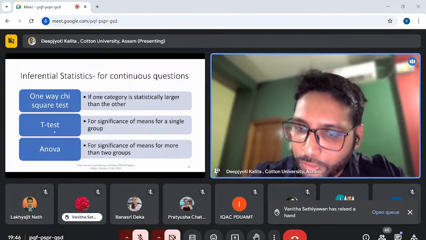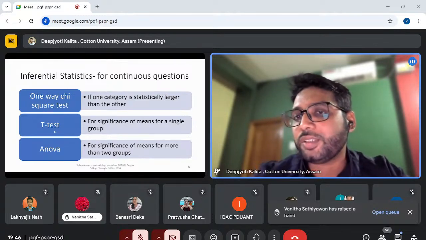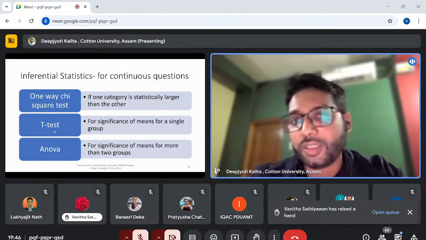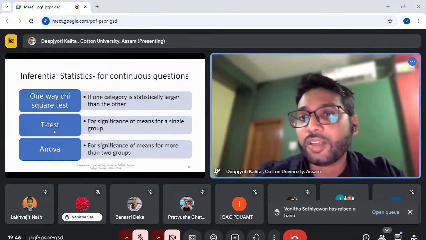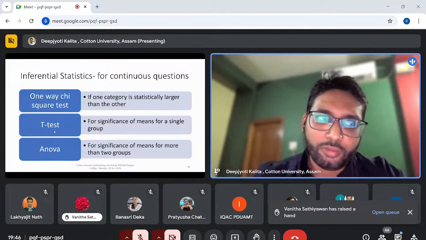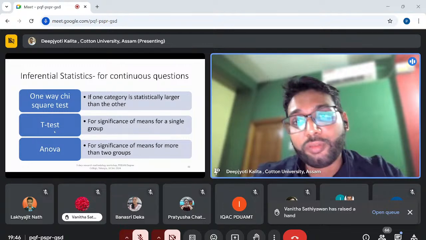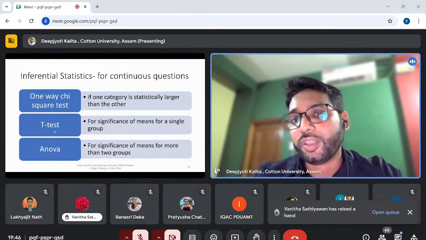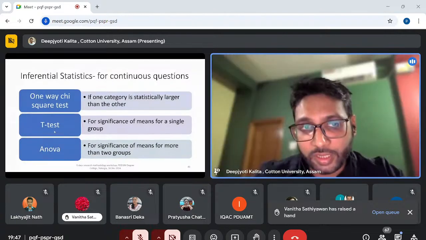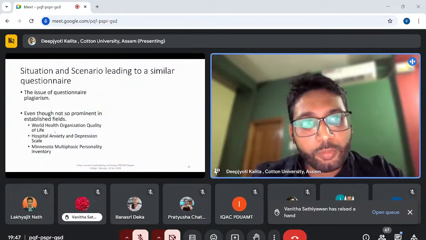Now I am coming to the conclusion part of my presentation. If I have to sum it up, till now we have discussed the various dependencies of designing a questionnaire. Then we have discussed the various types of closed and open-ended questions that may be there in a questionnaire set. And we have also covered the various limitations that we may have in a questionnaire set. Removing that bias is very much essential to get a proper concrete data set, and then running some inferential statistics.